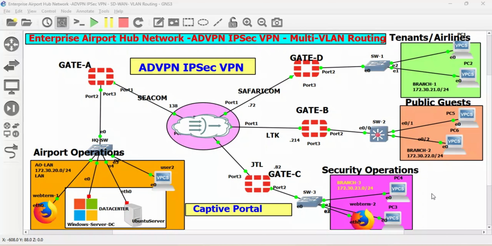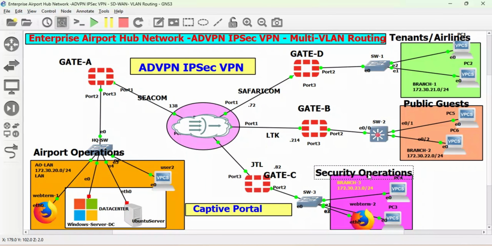So this is a medium airport with gate A, that is the main gate. We've got gate D connected to tenants and airlines department, then gate B connected to public guests area, then gate C, the security operations. All these gates form the space for the airport, so my case here is to implement total zero trust,